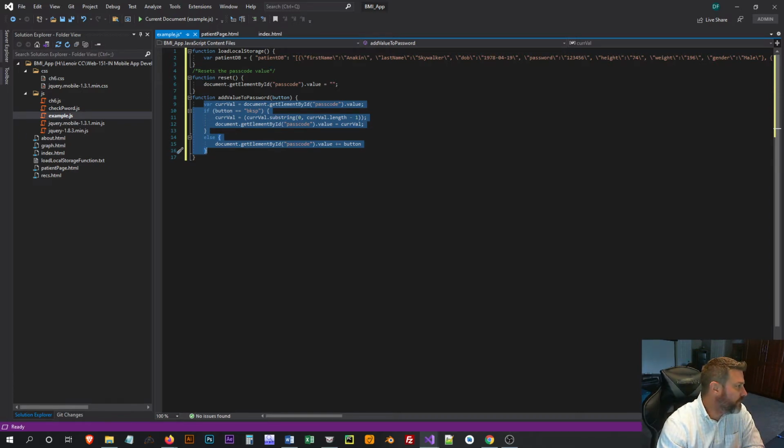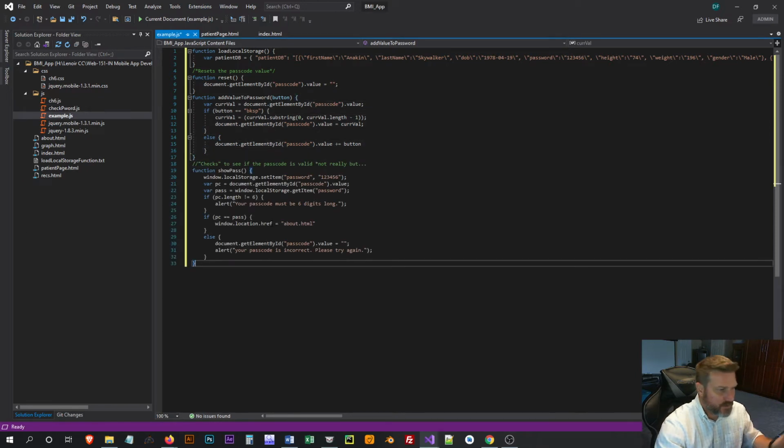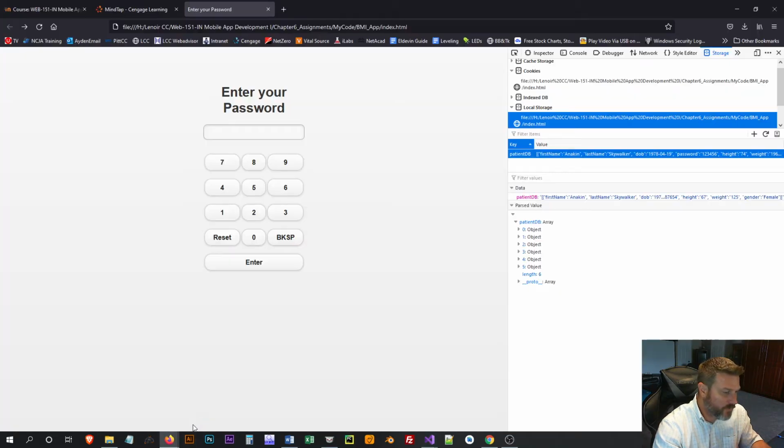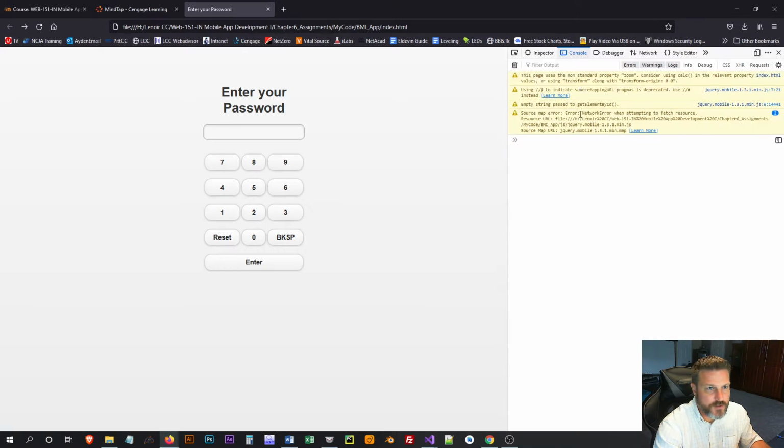This is what I had done in the past before creating a database. To check the password, I would simply, if you run this command, window local storage set item password to 123456, right? So what this is going to do, if we come into our password here, we go to our console, put in that command,